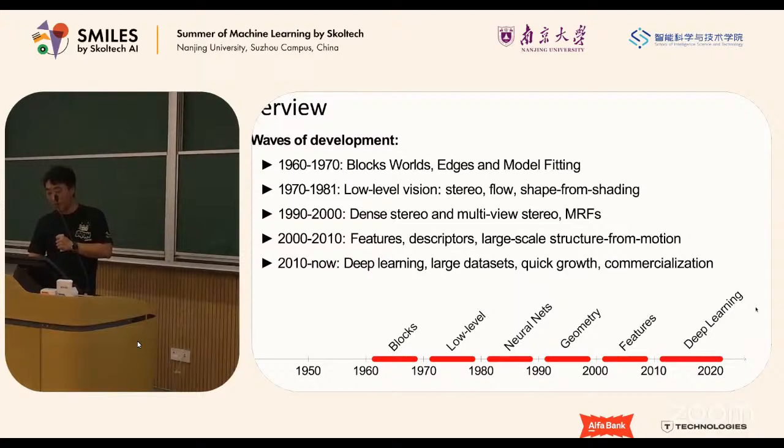The timeline summarizes several waves of 3D vision. Early work focused on block worlds and edge-based models. The 1970s and early 1980s developed low-level cues such as stereo, optic flow, and shading. The 1990s brought dense reconstruction and optimization. The 2010s emphasized features and large-scale structure from motion, followed by deep learning, large datasets, and